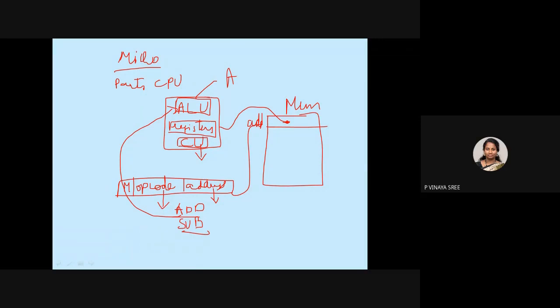ALU is for performing arithmetic and logical operations. Registers are used for storing the operands so that execution will become faster. Coming to control unit, input and output. It manages the input and output.